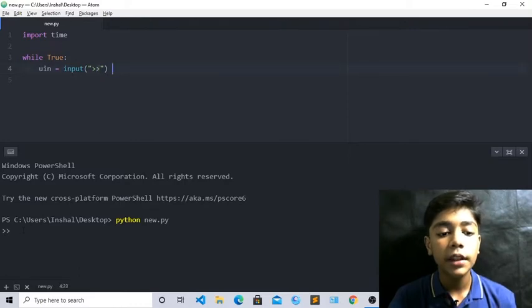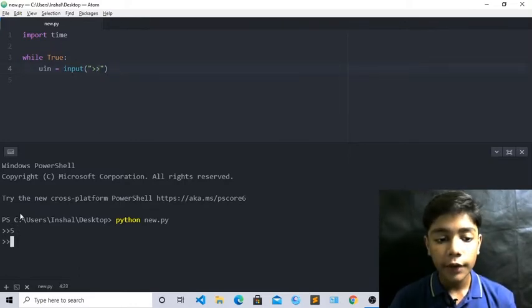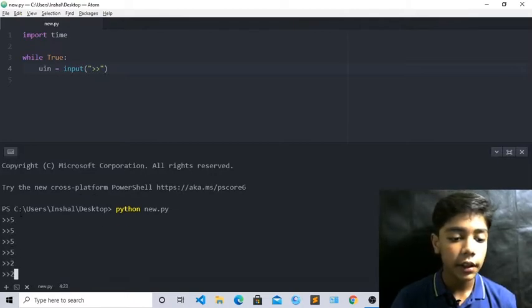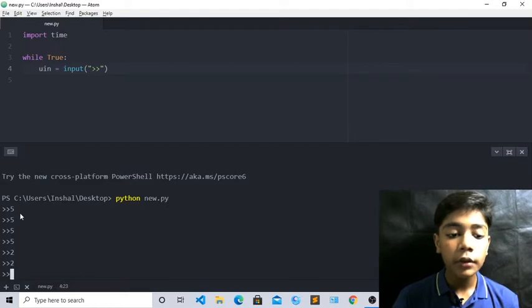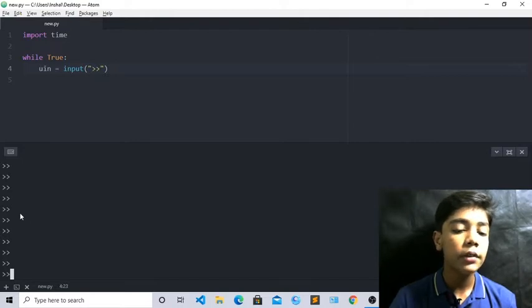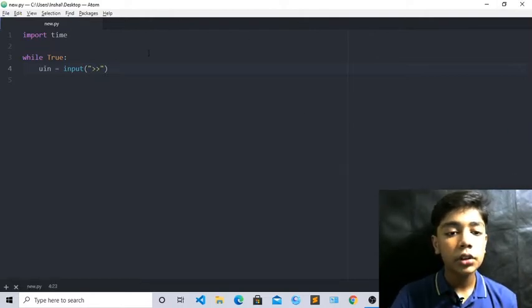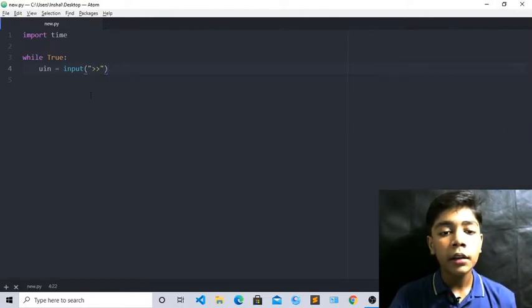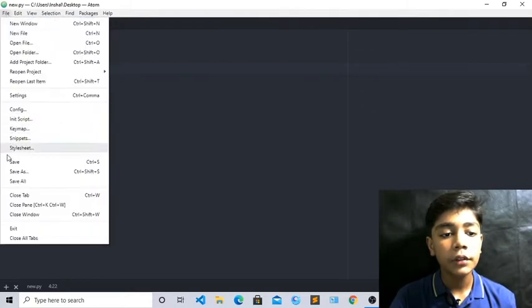So from this text there are coming these tags. Okay, now if you have written 5 here, so you can see this 5 5 5 5, you can see this there is coming. Okay, now if you don't write anything, there will be coming this error again. Unlimited times you can do this. Okay, close it first of all. Now come over here again. Now we will just first of all save it.